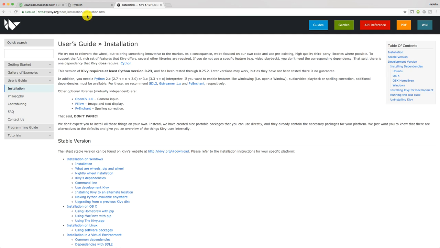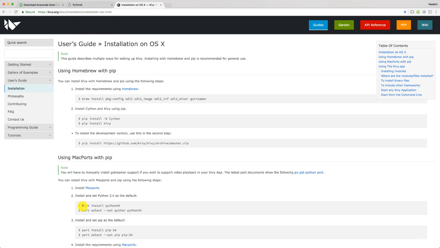kivy.org/docs/installation/installation.html. And then again, you just have to find your system, Windows, OS X, or Linux, and then you just click on the right link. So I'm on OS X, I'm going to click on that. There we go. And then that's very easy. You just need to follow the instructions, just copy-paste the commands on your terminal, and this will install Kivy without